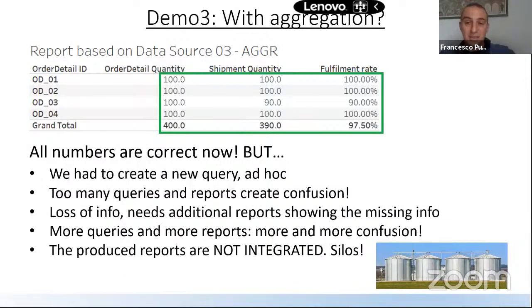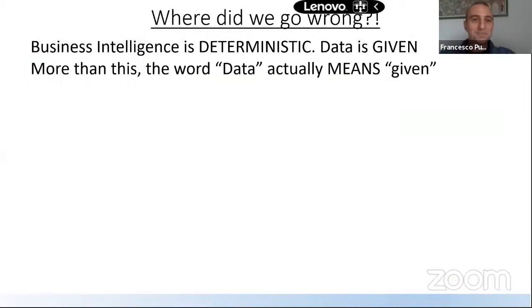Because if there's one thing that Bill was really happy about in my notes that I sent to him via email, is that I wrote to him, there are too many reports, there are too many data marts. And he said, exactly, it's a mess, let's solve it. And I said, you know what, Mr. Bill Inmon, I have an idea. I have a solution that probably can eliminate the problem of having these silos in the reports. You can put everything in a star schema. And he said, come to the US immediately and let's speak. So I went to America and I spoke with him, and then we wrote the book. That's how the story went.